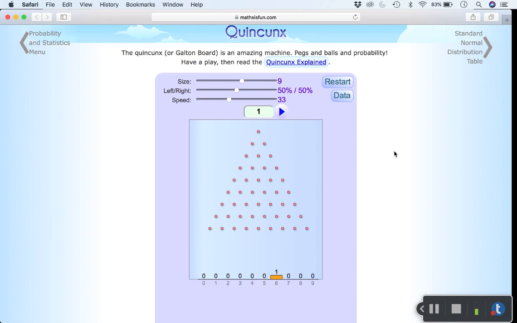Okay, so here we have mathisfun.com. Don't be fooled by the somewhat cheesy layout of the website. It's actually a pretty useful resource, and I really like this as a good illustration of the normal curve, but this is what's called a virtual quincunx, or if you've ever watched The Price is Right, I think of this